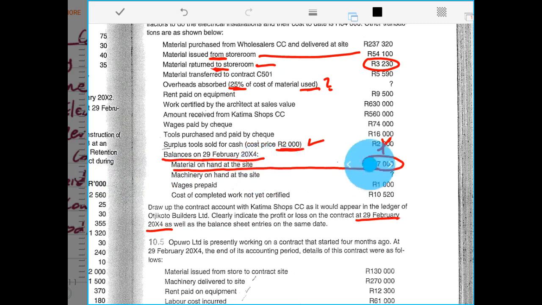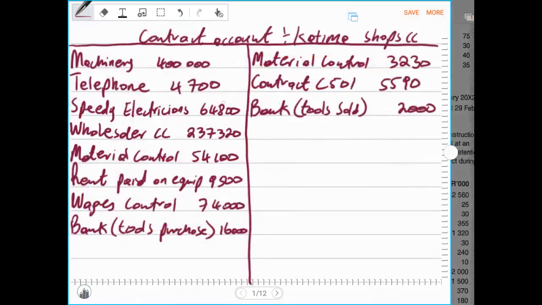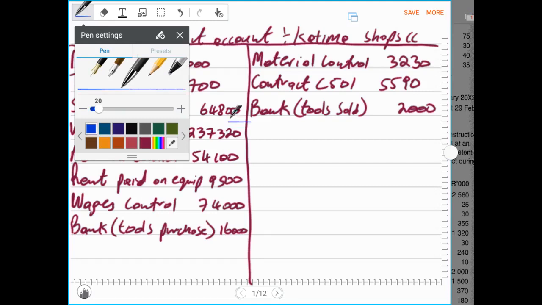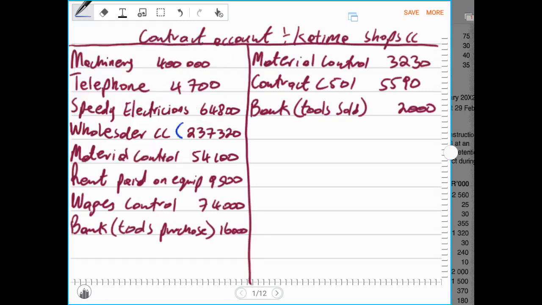So now meaning that after we bought material of 237,000, and there was also another material transferred, and after we have transferred this back, and after we have sold or transferred this to another contract,